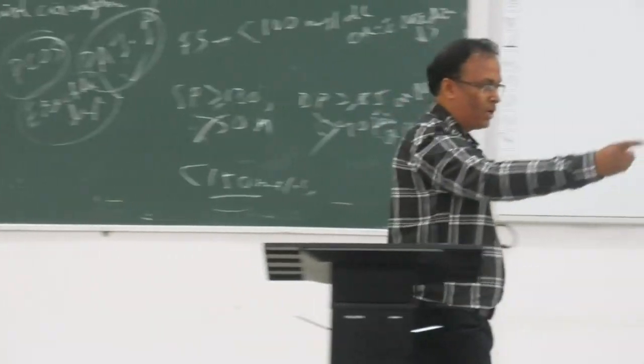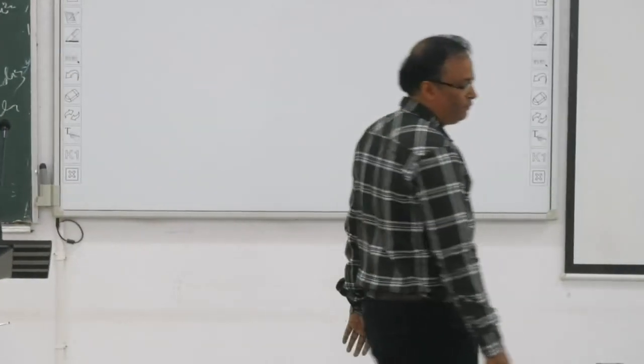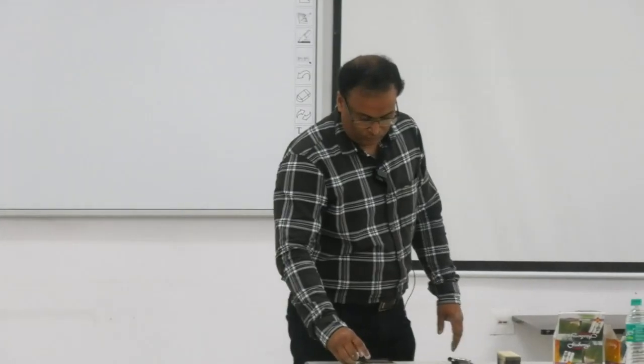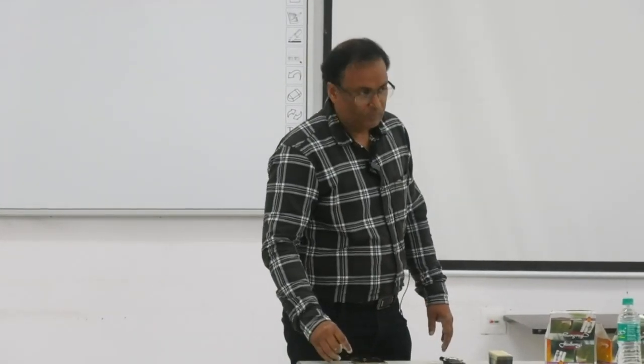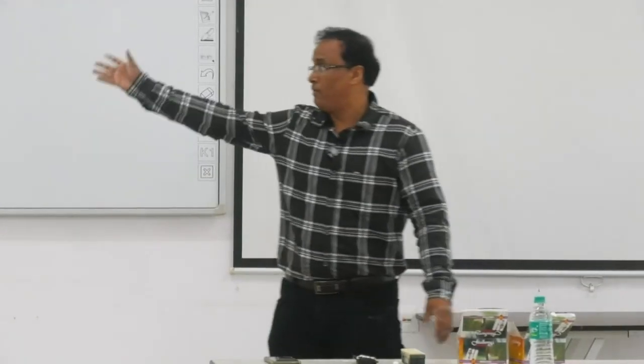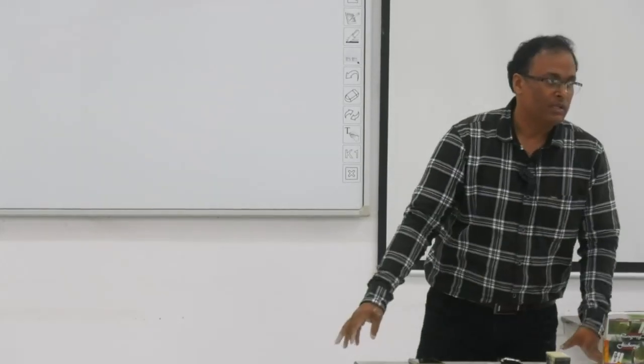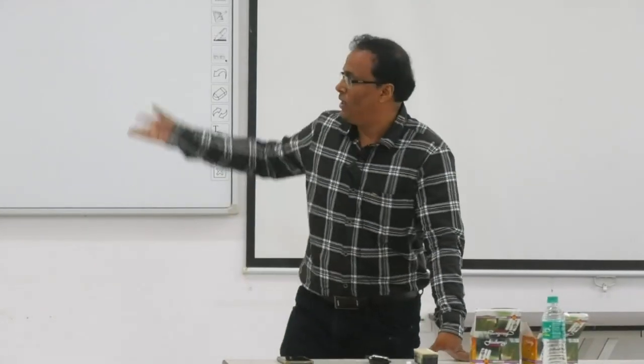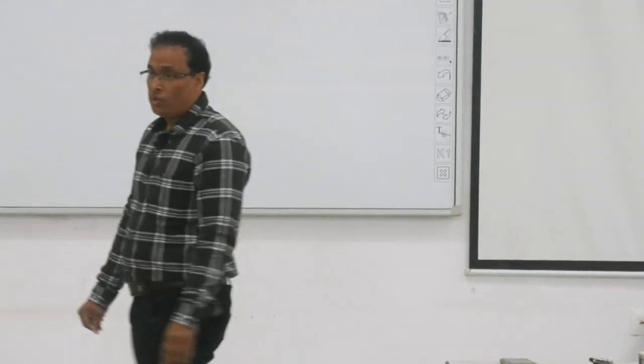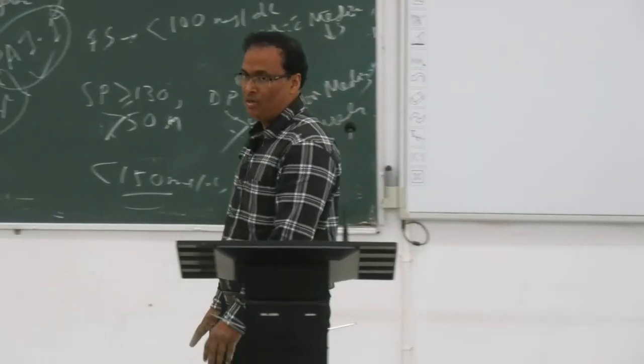What are the complications of metabolic syndrome? Tell me. Diabetes mellitus is not a complication of metabolic syndrome; it is a part of the metabolic syndrome. It has already happened, so we are not telling that. Obesity is already there, central obesity is there, hypertension is already there. I am telling the complications, not the criteria for metabolic syndrome. So what are the complications?